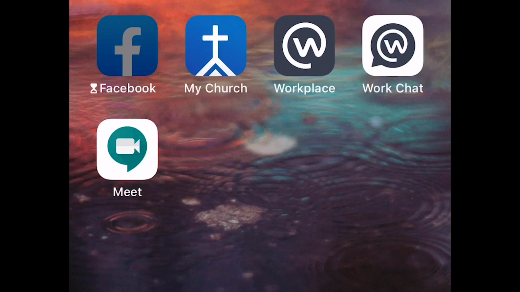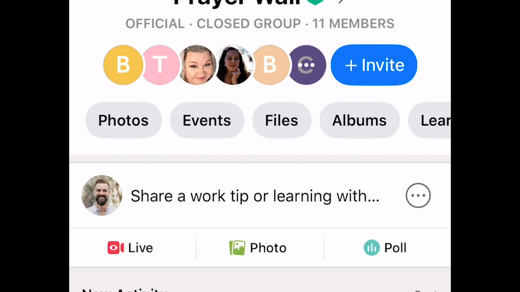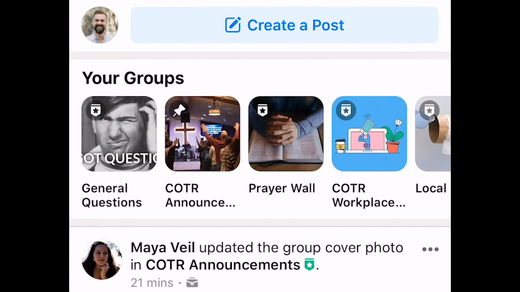We're going to highlight a couple of the groups we want you to pay close attention to when you first come into this system. The Workplace and the Workplace Chat app is obviously available on your mobile devices. You can also access it via the browser on any of your computers and tablets. A couple of things we want to highlight for you when you first come into the Workplace app. On the home page, it's going to look a little bit familiar to your normal wall that you would have, say, on Facebook. But the crucial thing is going to be right here across the top are various groups.